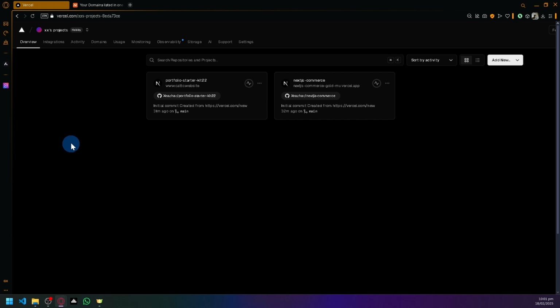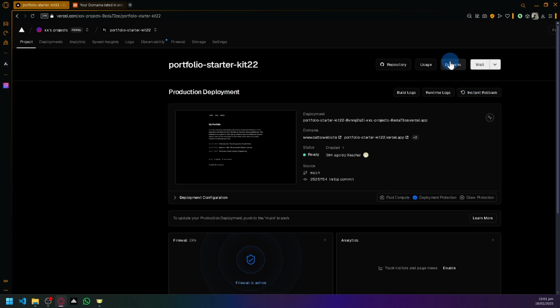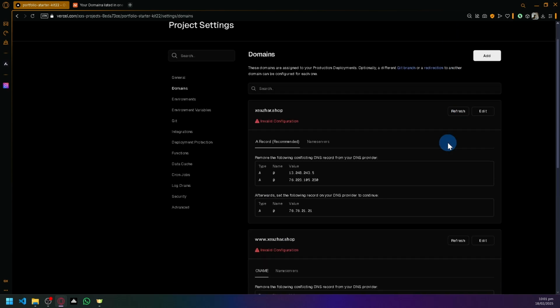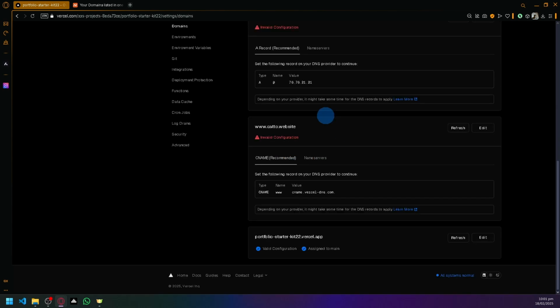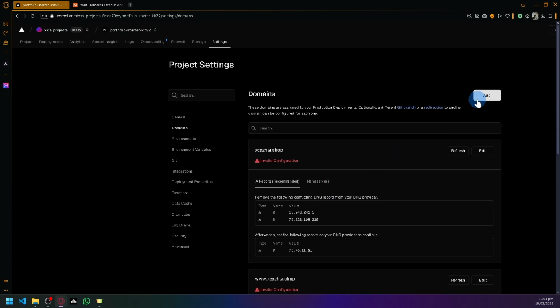So what you're going to do is select the specific project that you want to connect your Namecheap domain to. For example, we have this one. Click on domains over here on the top right, and you should be able to see this domain page. Now, these are currently attempts to connect it, but I didn't process this. What we're going to do is simply click on add over here on the top right,